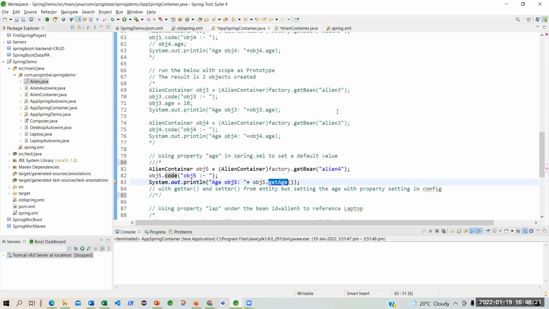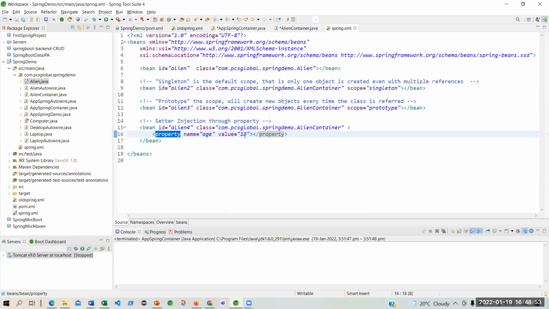You are not using any new to create this obj5. Even if you are setting the age, you are not using any getter and setter, because this was being set by the Spring Framework. Because of IOC, you are not creating any object. But the thing is, here Spring has initialized it as a property. That is the issue.